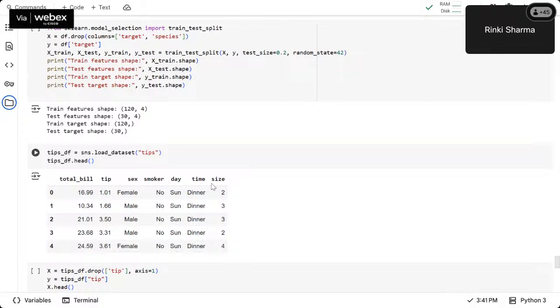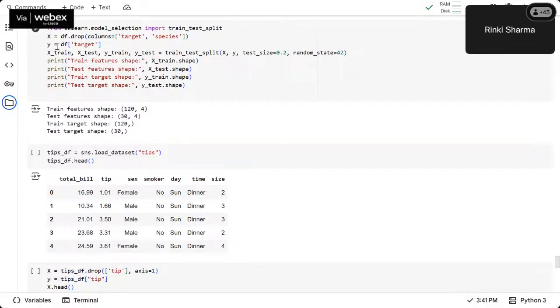Now we will see how to split the data set. To use the data to train our models, we have to split it into a train group and a test group. First, we train our model and then test it by using the test data set. We can do this by using the sklearn library. From sklearn model selection, import train_test_split. The train_test_split command will automatically split your data set